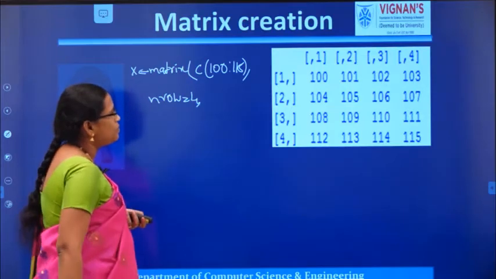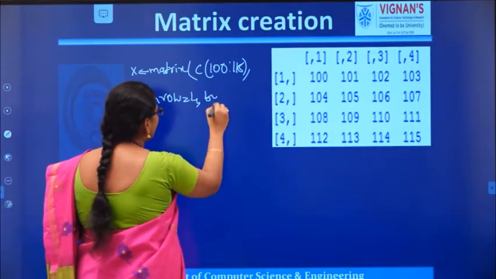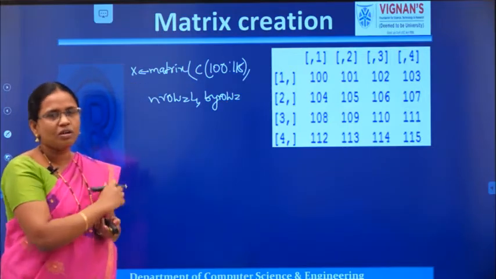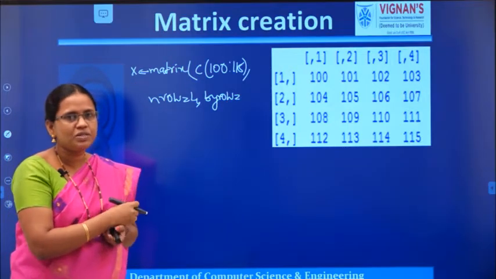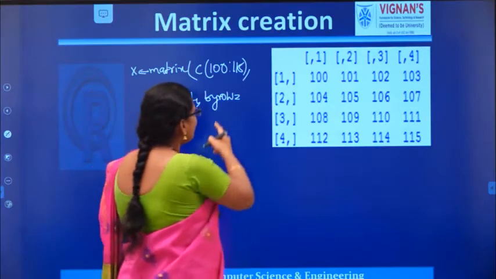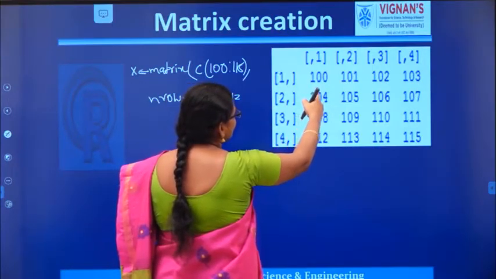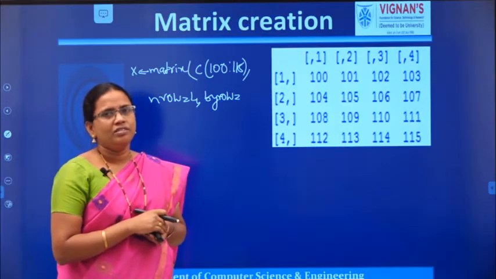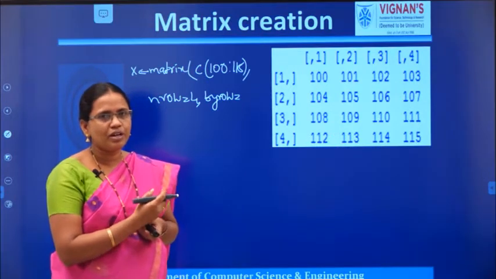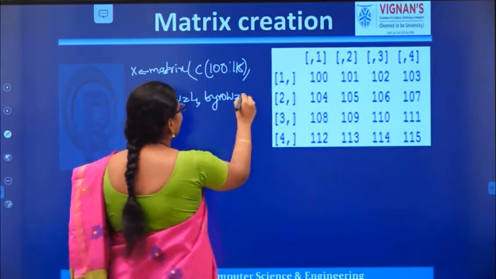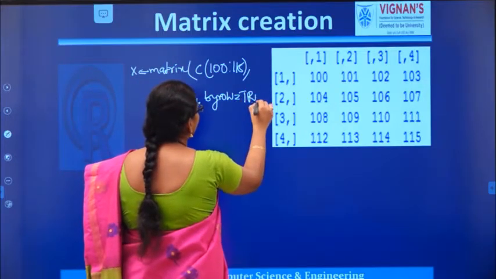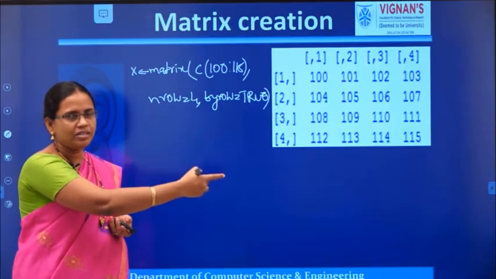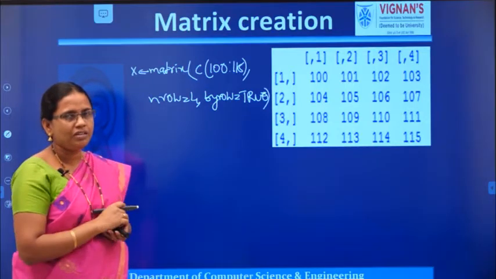And then you need to write the byrow value here. You need not specify the columns here. So is the data arranged row wise or column wise? The data is arranged row wise. So what you have to give here is byrow is equal to TRUE. By giving this statement, this type of matrix is going to be created.